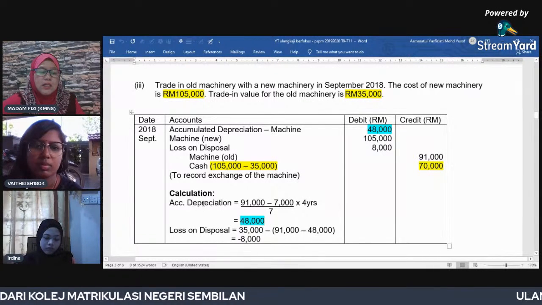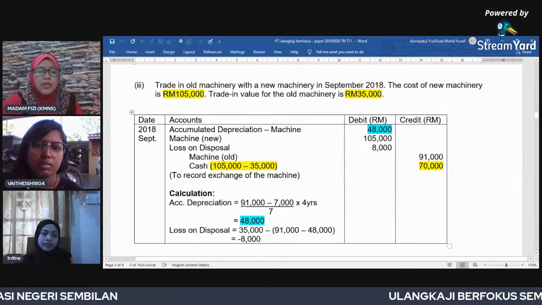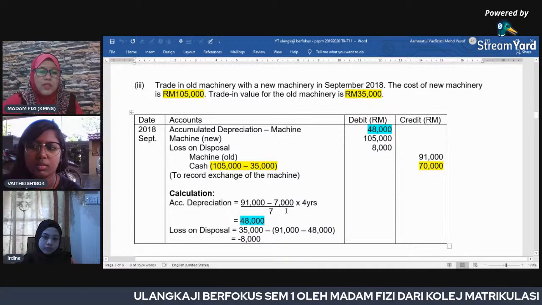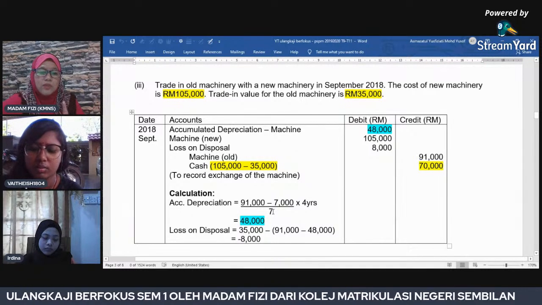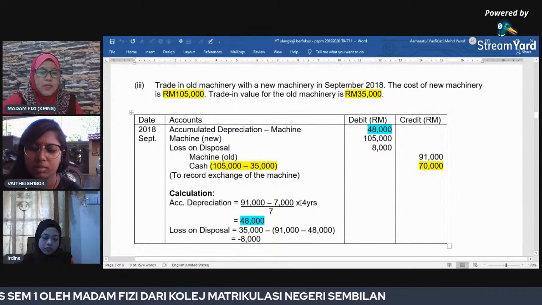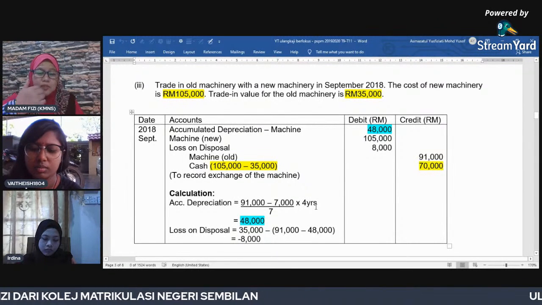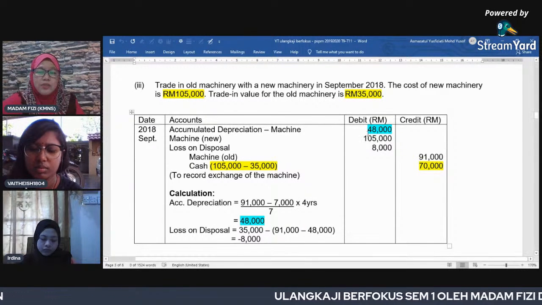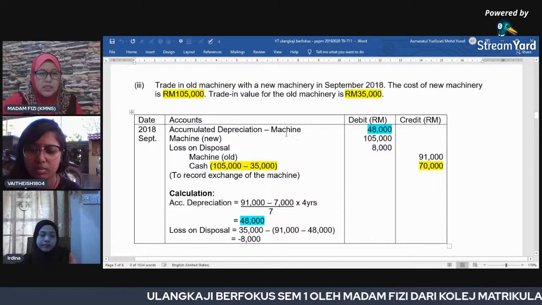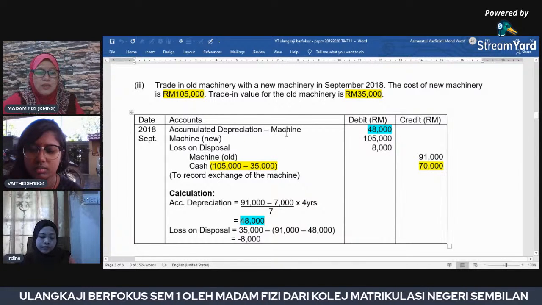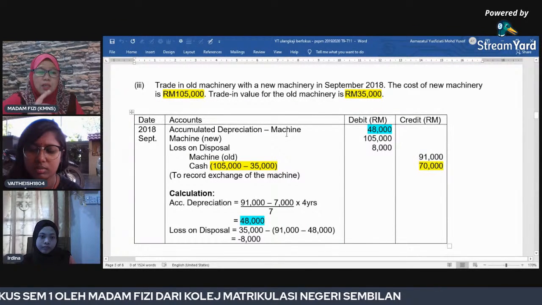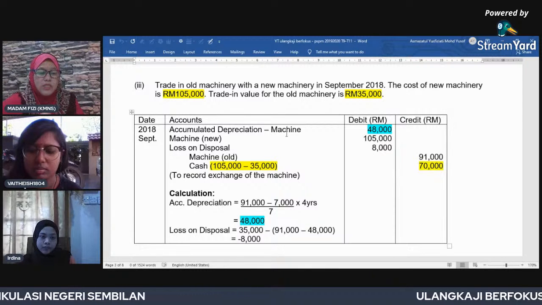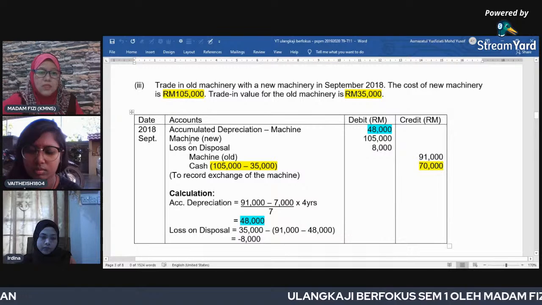So accumulated depreciation equals the cost 91,000 minus 7,000, the residual value, over the useful life of 7 years, multiplied by 4 years: 2014, 15, 16 and 17. So you get 48,000 for accumulated depreciation machine. That is the second step. So the third step is to record the new machine. Because it is the new machine, this is our asset. So debit machine new